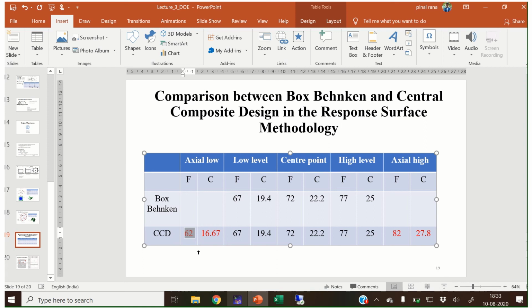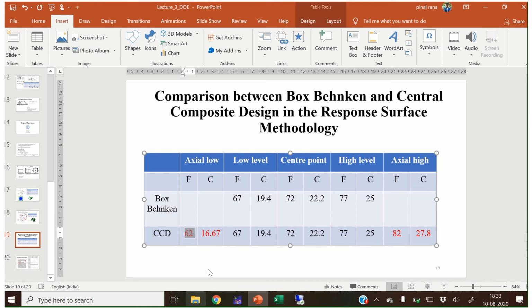But if we know that our response variable varies from any random value to some other value, then in that case CCD design will give us a better solution than the Volkswagen design.